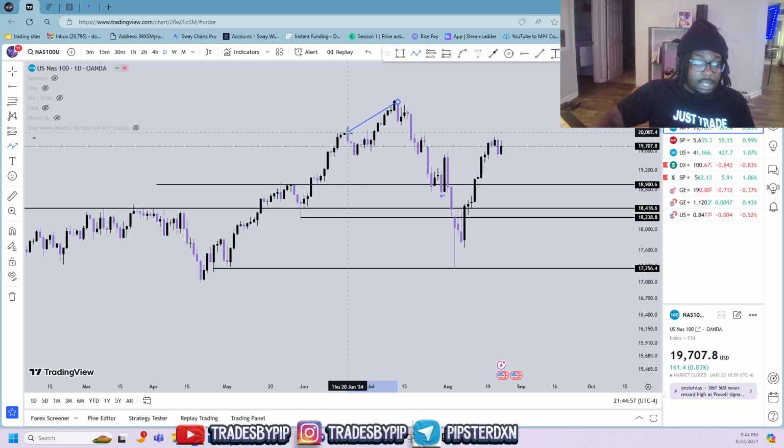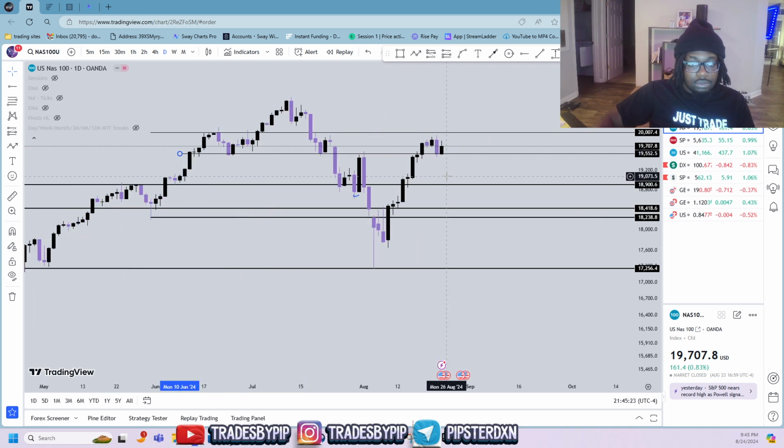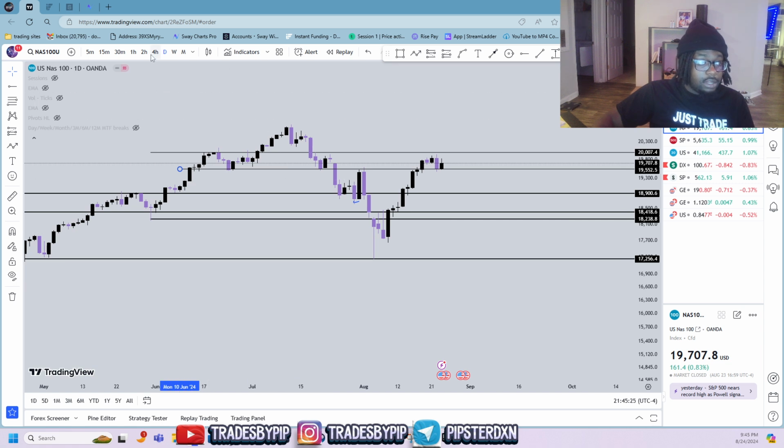So I take consideration that, boom, if we were to hop in buys right here, and we were over here, I could easily tell myself, let me delete this real quick, a little messy. I could put TP right here, and I could put a TP over here too, simply because when price made this lower high, I could see if price was to fail and not continue to be bullish, not only could I hop in buys, I still didn't miss too much. But like I said, we're going to keep going down on the lower time frame so you guys can see how I capitalize off of that low instead of capitalizing off of that high.